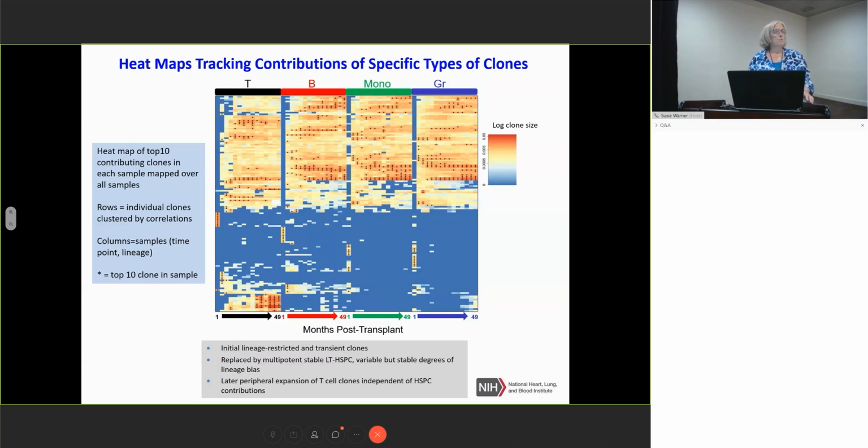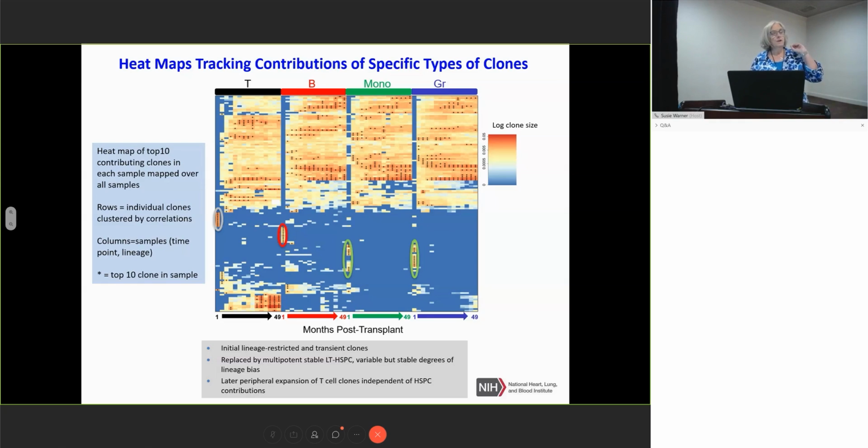You can do this any way you want, but we do a lot of setting a threshold to be sure that the clones we're looking at, given the sampling we're doing and the transduction efficiency, that we can be sure if a clone is there or not there, or reasonably sure that it's meaningful. And basically each row is an individual clone or barcode, and each column is a different time since transplantation,